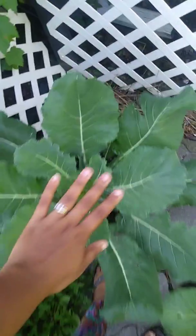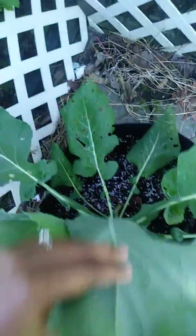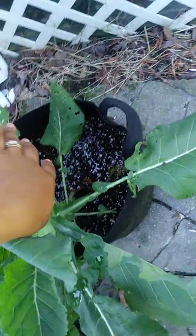Here is another thing from my last video. These were little tiny babies last time you saw them. Now look how big they are. Look how big the leaves are compared to my hand. What's the name of these? This is...